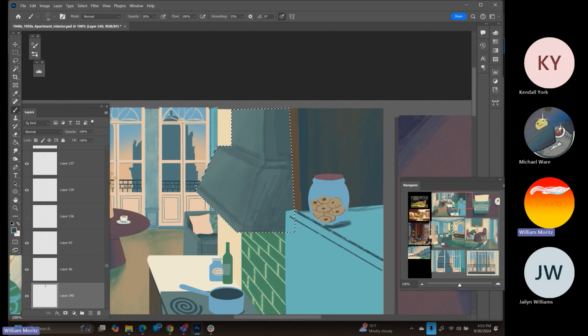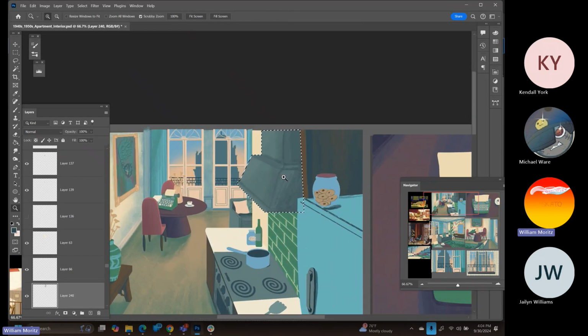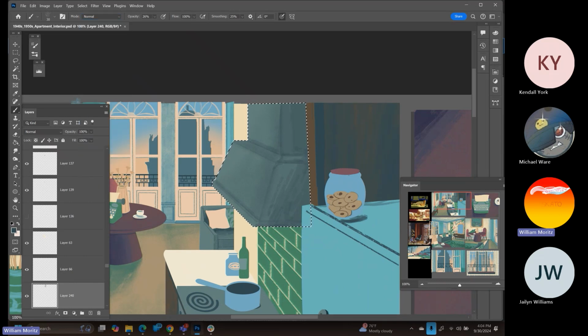There we go. A little bit of gradient going on there. Looks good. So that's becoming a little bit fuzzier than I'd like for it to be, but a little bit more texture showing up within this space. So let me try and use that clear and